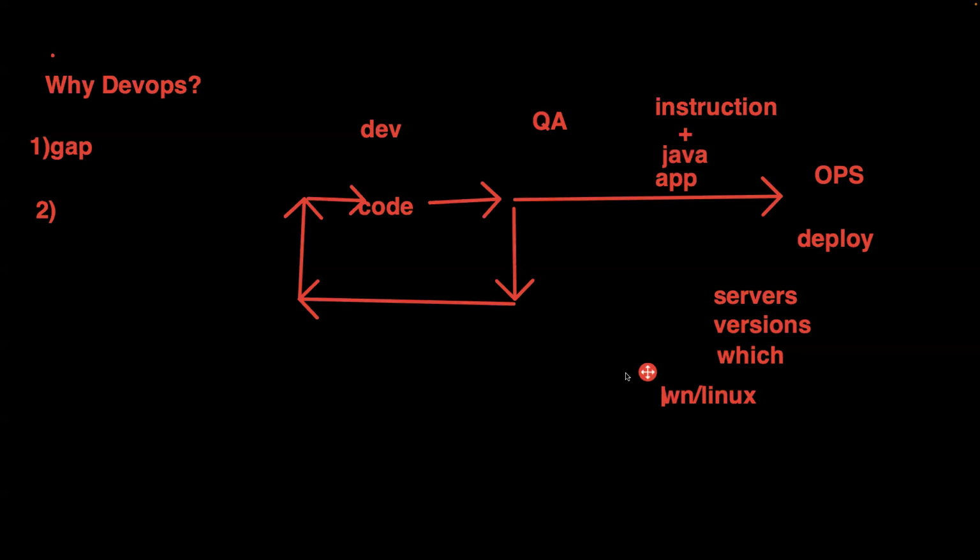And also the instructions provided by developers may not be clearly understood by ops teams. Again, for the same reason, their areas, their core competencies are different, right? So they don't have clarity. So they have to fix this. They have to work on this instruction document until they see that the application is running, which takes quite a long time. Deployment may take a couple of months.